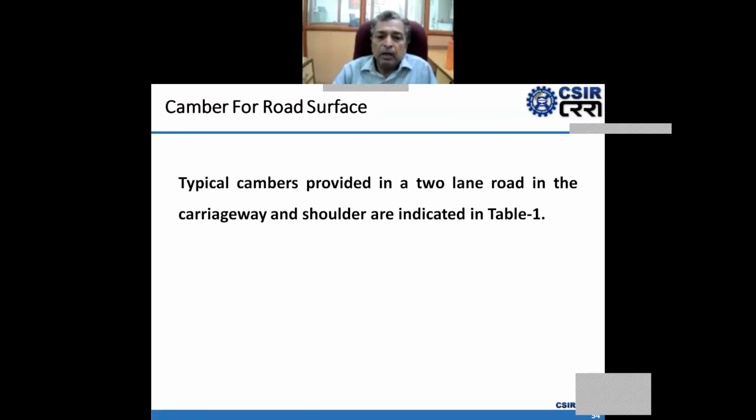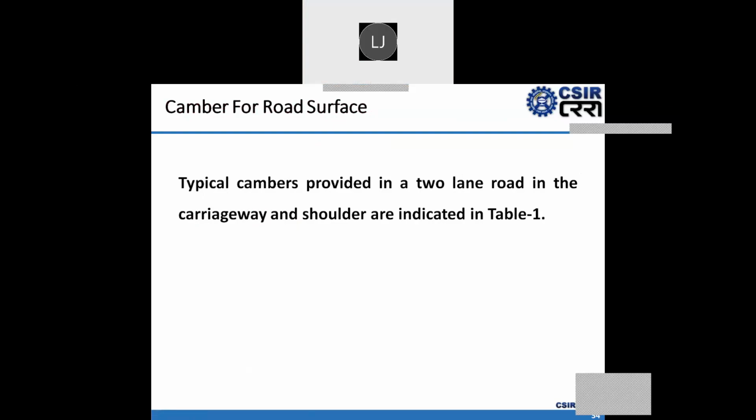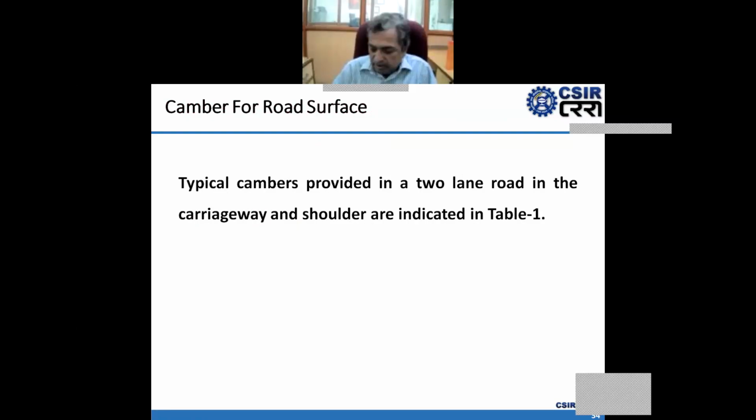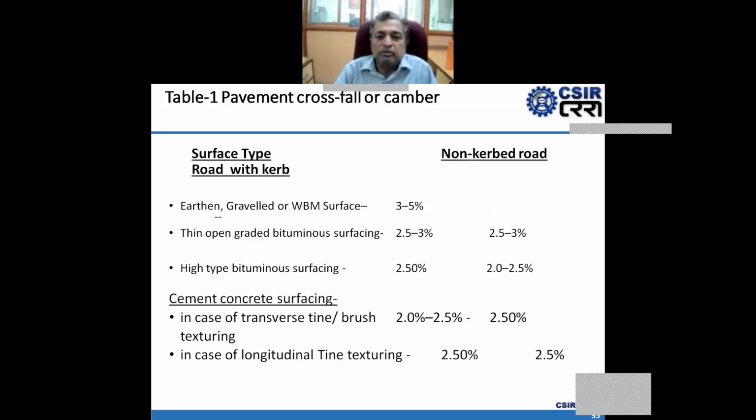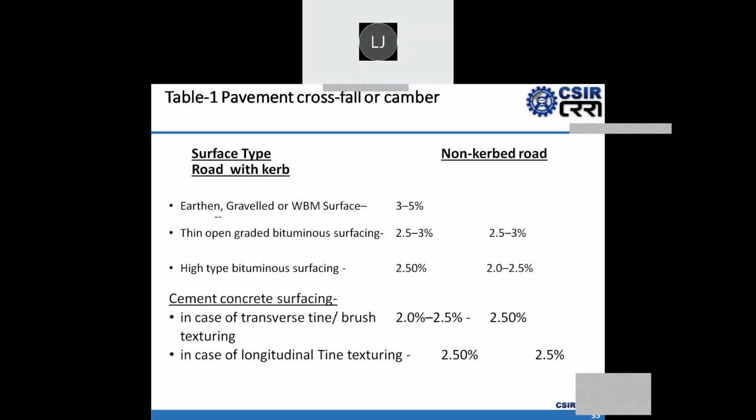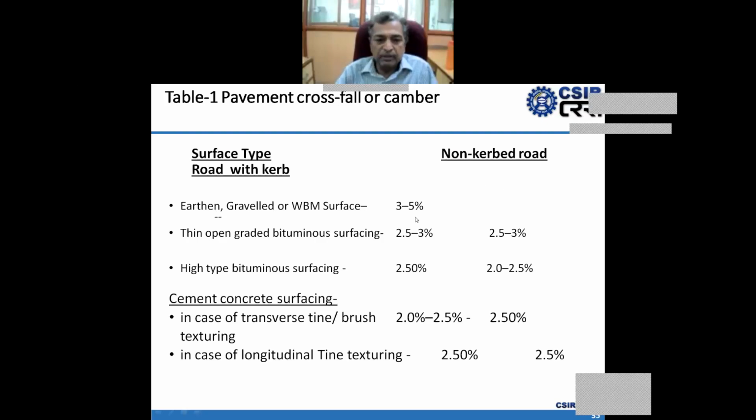So typical camber provided for a 2-lane road is given in this table. For earthen, gravel or WBM surface, we have to provide 3 to 5%. Thin open graded bituminous surfacing like this, we have to provide. For high type bituminous surfacing, we have to provide camber like this. For cement concrete surfacing, we have to provide transverse